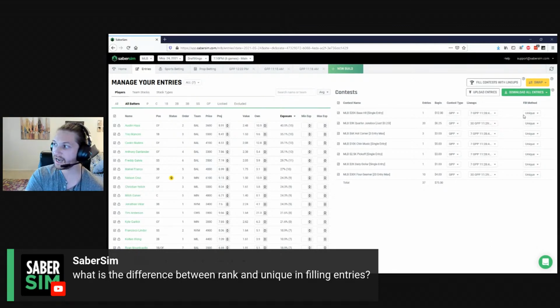Rank is instead going to start for every lineup and fill the best Saber score lineup into the first entry, the second best Saber score lineup into the second entry, the third best Saber score lineup into the third entry, and so on. So a good example here to see that will be